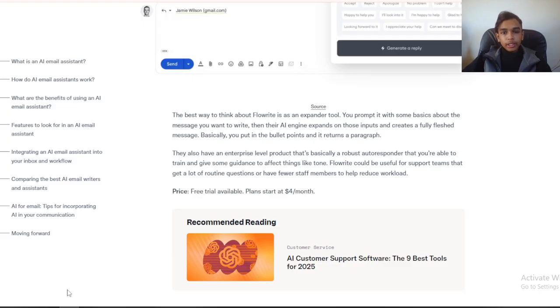They also have an enterprise-level product with a robust automated process that is able to train and give some guidance to affect things like tone. Wordflow could be useful for support teams that get a lot of routine questions or have fewer staff members to help with robust workflows.